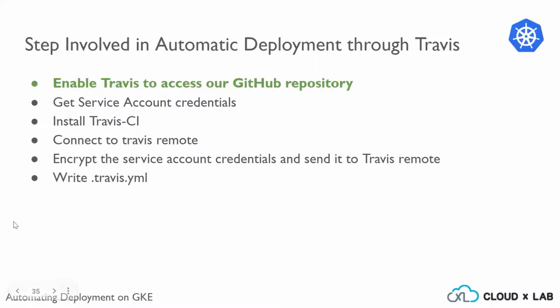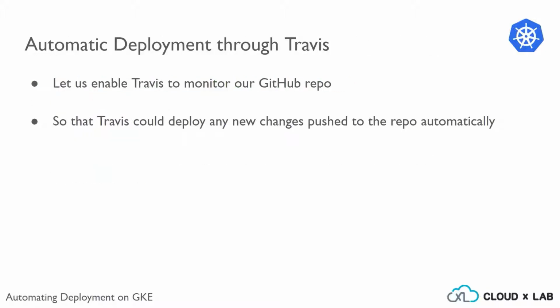So let us proceed to following these steps. First one is to enable Travis to access our GitHub repository. Let us enable Travis to monitor our GitHub repo so that Travis could deploy any new change pushed to the repo automatically. So go to travisci.com,